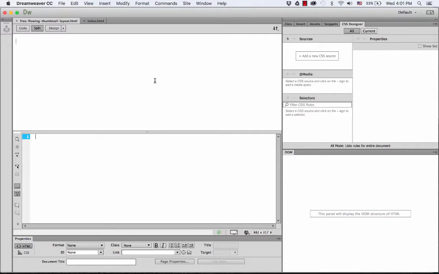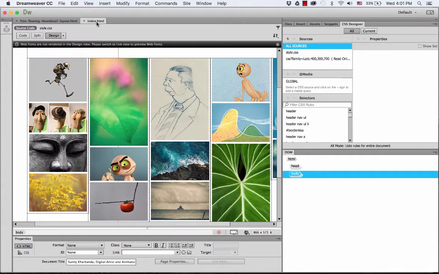In previous videos, I've shown you how to create a grid of thumbnails in rows and columns to create a nice gallery. But not all galleries or not all web page layouts are in rows and columns. Some are more freeform. For example,